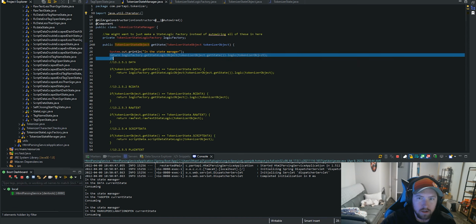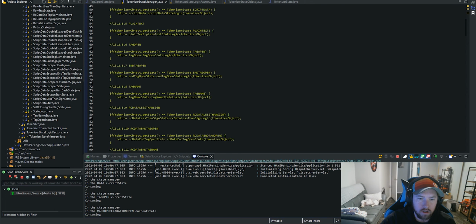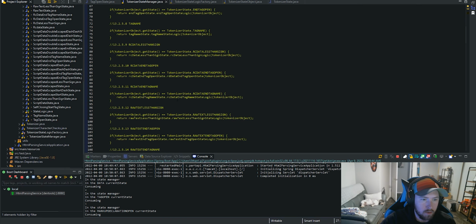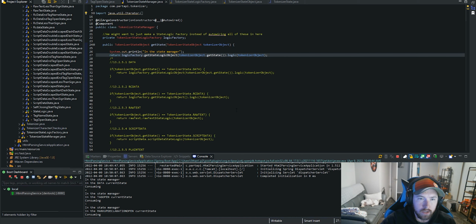We could probably just pull in the state logic factory inside of our tokenizer and call it over and over again, which I may or may not do, we'll see. But that's just part of what I want to do this morning. So now all we've got left is to do some testing. So I'm going to take a small break from recording and I'm probably going to do a little bit of editing because we've done quite a bit there already this morning.